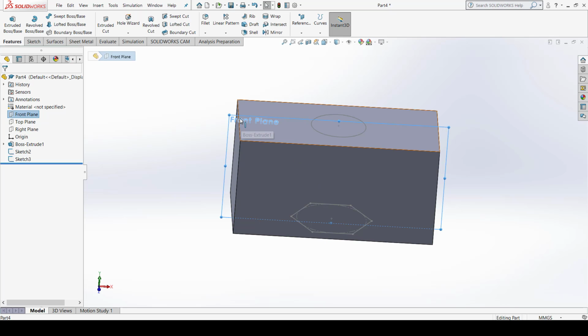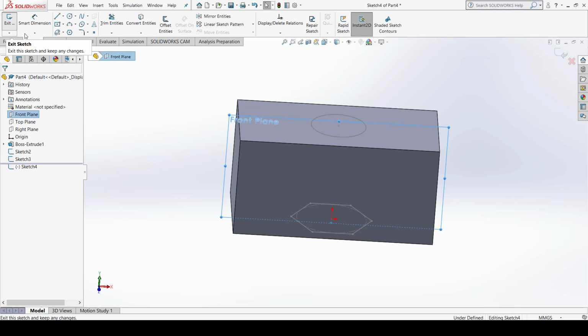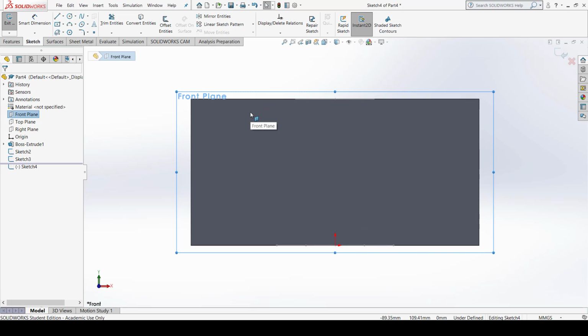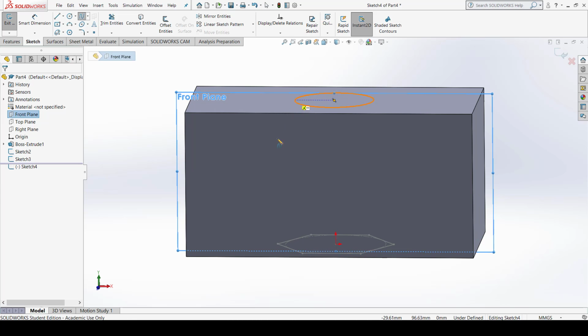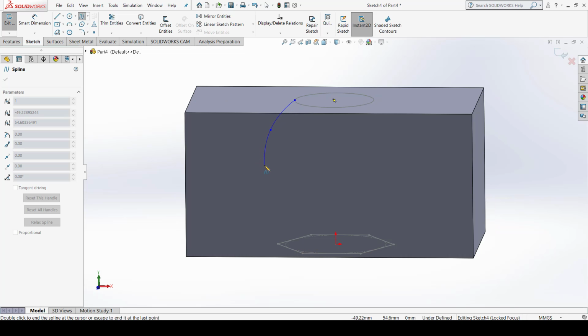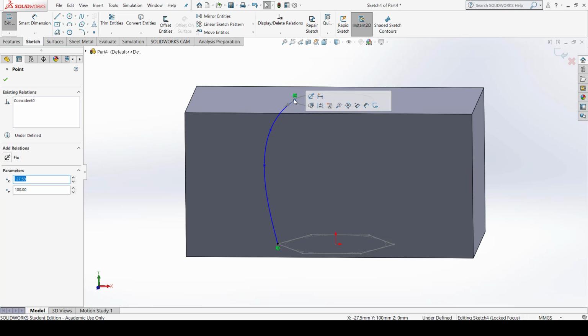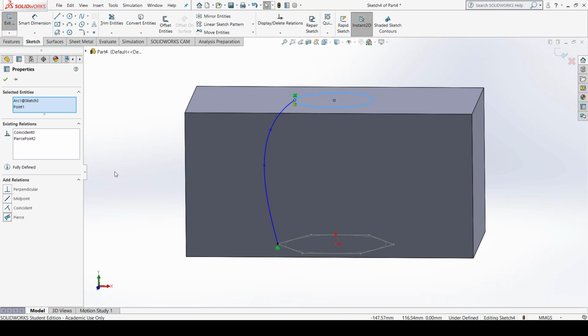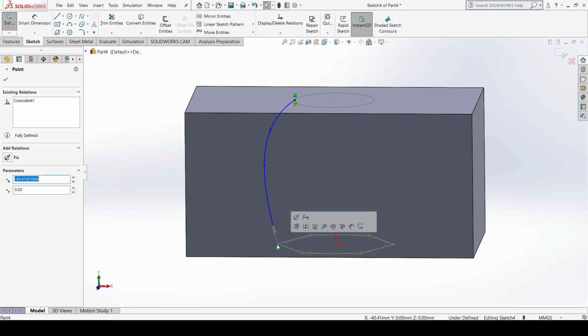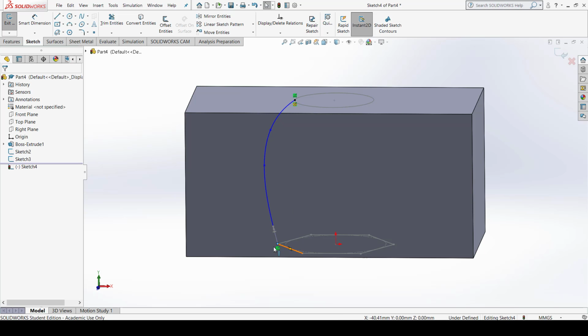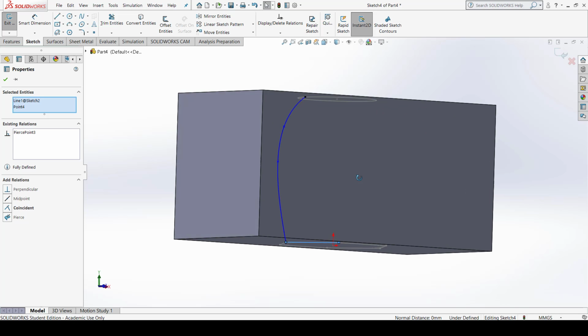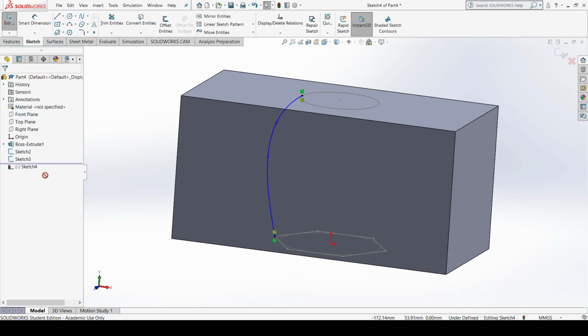So first of all, I have to select the front plane, go to sketch and orient it so that the drawing will appear towards you, and let us say create a path here. So make sure you must pierce the structure. Okay, so I just connect like this, press escape to exit the command. Make sure you select the endpoint, select this circular element and pierce it. Similarly here you can select the endpoint of the curve and then select the edge and pierce. Okay, so this is how you can define the path in the loft command.